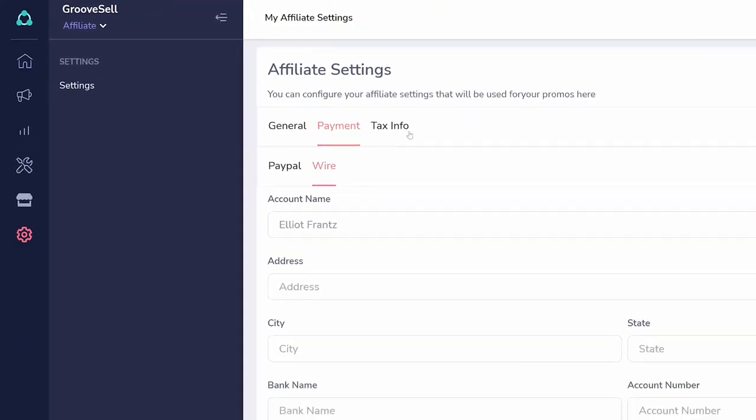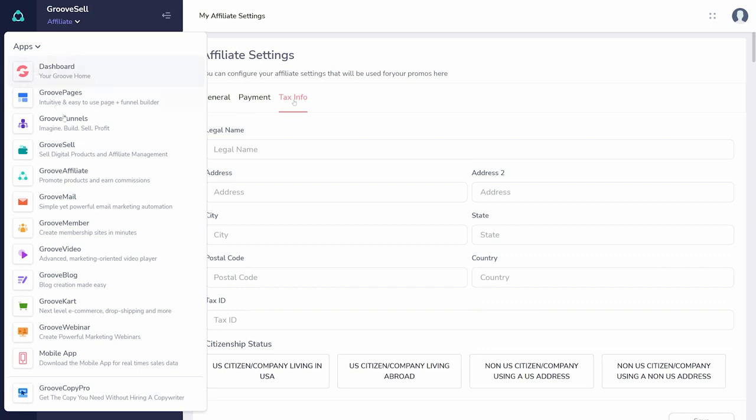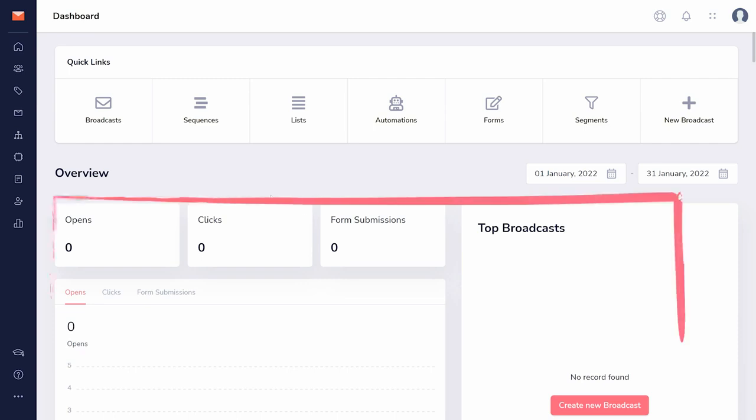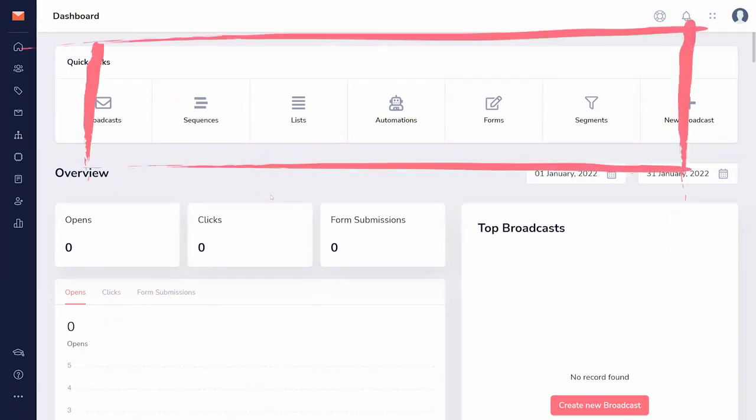Here, you can enter both your payment information and your tax information. Let's take a look at GrooveMail next. GrooveMail is key for managing leads, broadcasts, and automations. You can find statistics for your GrooveCell account on the dashboard, as well as shortcuts to all the features, but